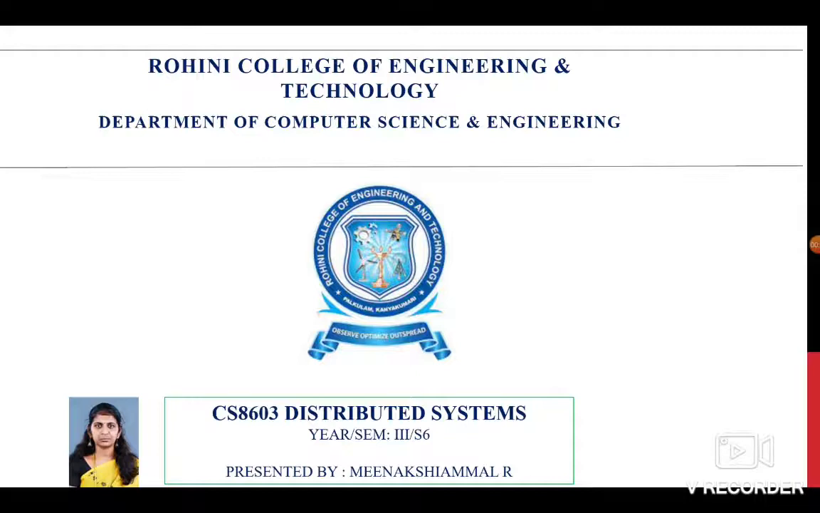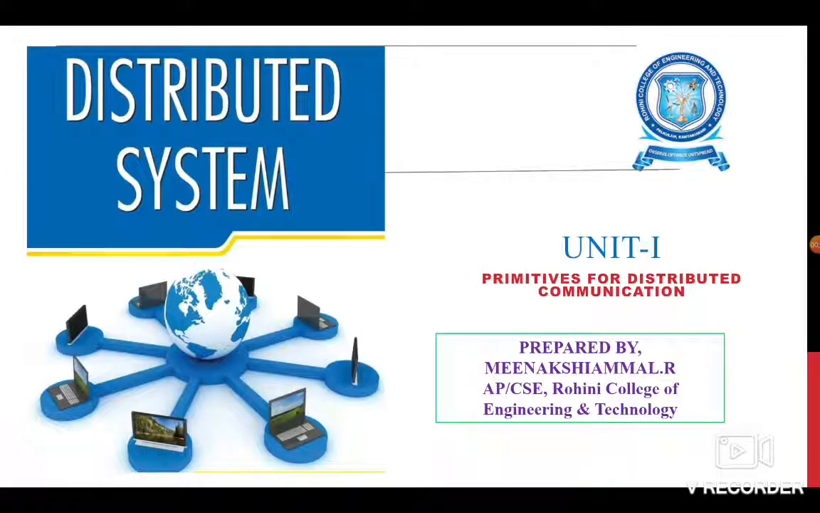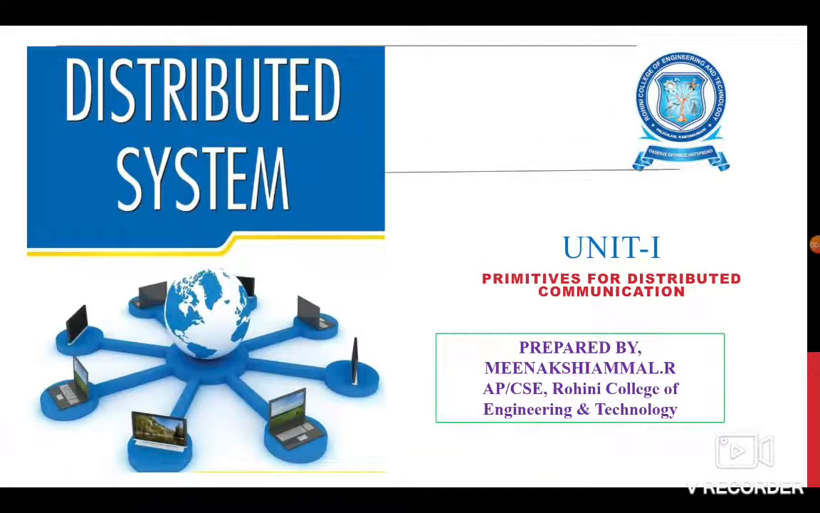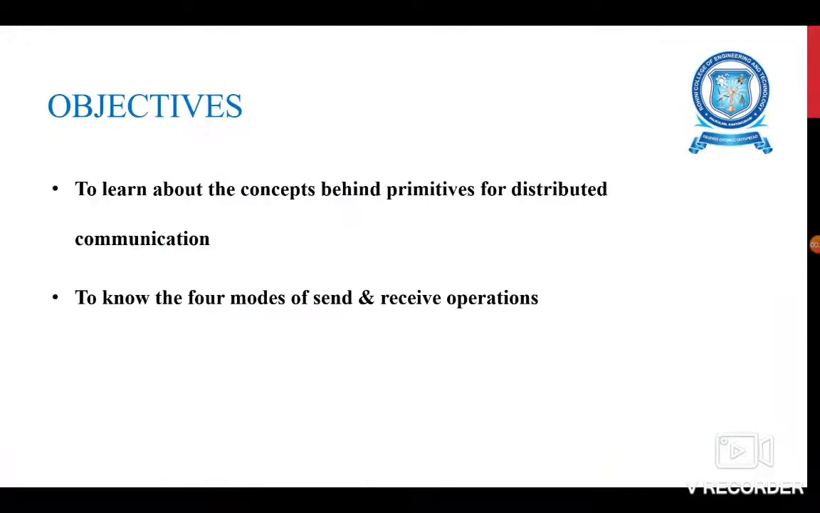Good morning, students. Today we are going to discuss the topic primitives for distributed communication in the course Distributed Systems. The subject code is CS8603. It comes under Unit 1. The learning objectives are to know about the basic concepts behind the primitives and to know the four models of